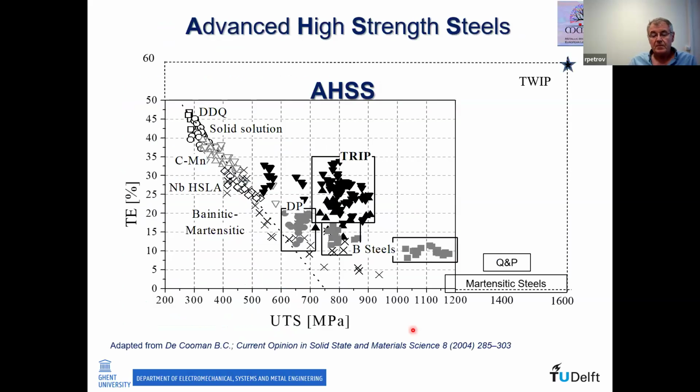So everybody knows this famous diagram. I like it especially not only because it's done by our colleague Bruno de Comte, who is not anymore with us, but also because it represents data for advanced strength steels with real samples. It's not the symbolic banana diagram, as we say, but they put the real data from real samples taken in standardized samples. And as you very well know, we have a holy grail here with TWIP steels,